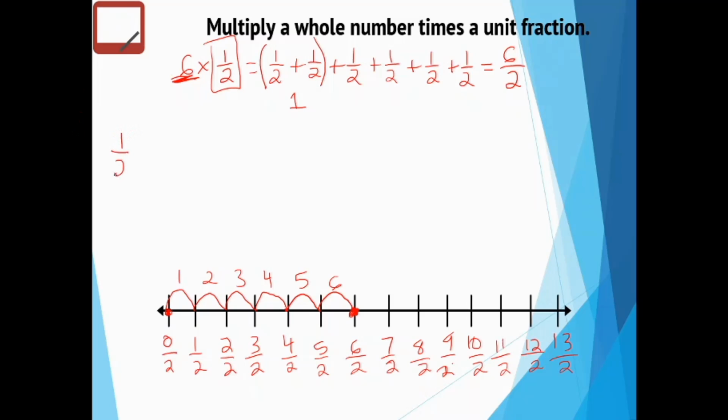I have 1 half plus 1 half plus 1 half plus 1 half plus 1 half plus 1 half. Alright, and look at this like this, right? We break them apart with parentheses, like so, right? So this we know is still equal to 6 times 1 half,